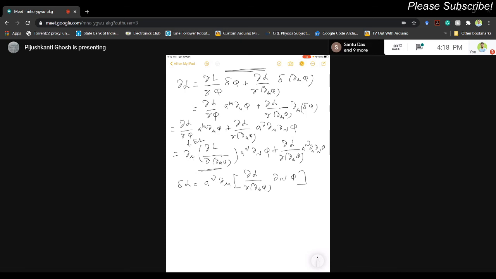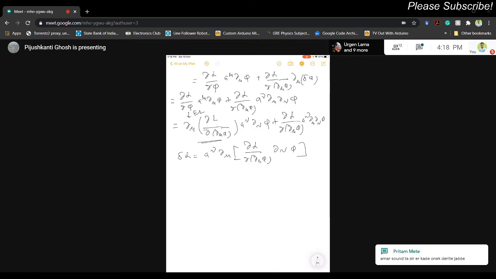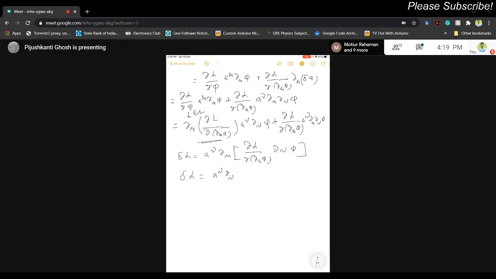দেখো, আমি যেটা জেনারেল কথাতে বলছিলাম, যে দুটো পসিবিলিটি আছে, যে আন্ডার সিমেট্রি ট্রান্সফরমেশন delta L may be equal to zero, or it may differ by a total derivative term, okay, because we are interested in the invariance of the action, so that's why I am assuming say delta L is equal to a^nu del_nu L, okay,